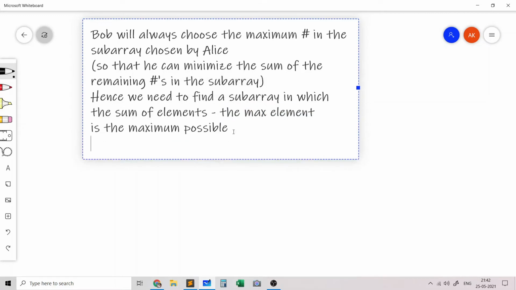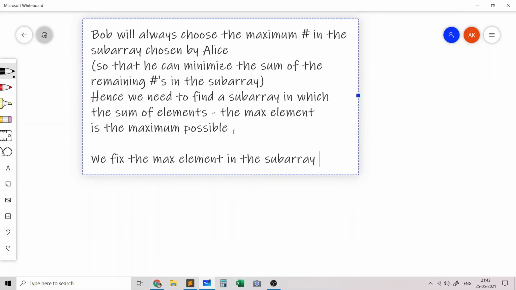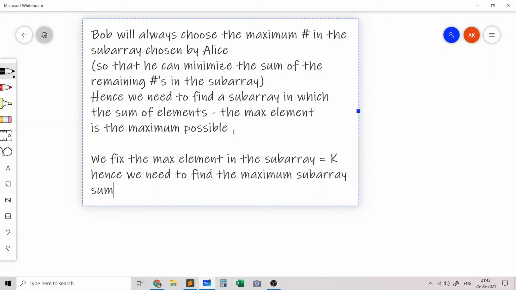So let's say we fix a maximum element, and let's say that this is equal to k. Hence, we need to find the maximum subarray sum minus k.